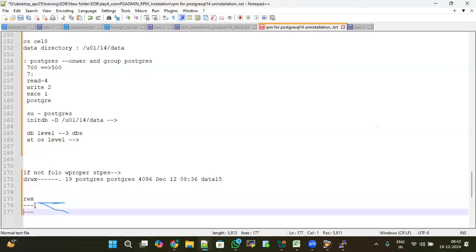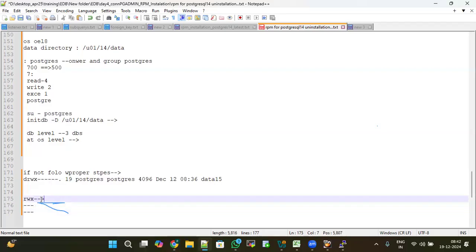So this is about owner permissions. Who is the owner? Postgres. If the owner has read and write permissions, then only the Postgres user can create the files. Yes or no? So suppose on this data 15, Postgres has